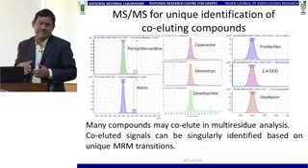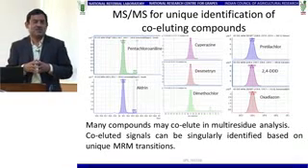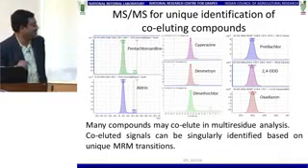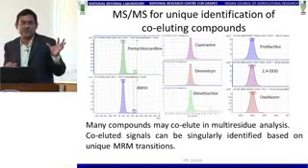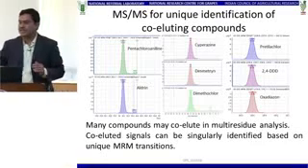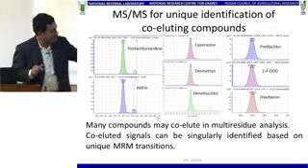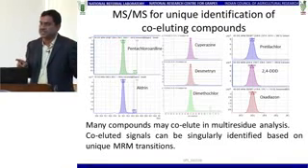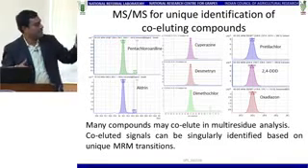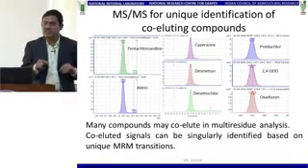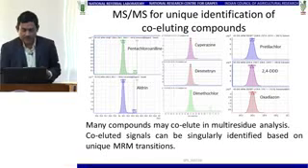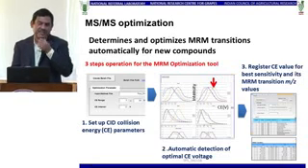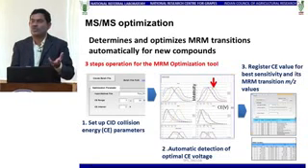So in this MSMS also, initially people thought that it's almost a solution for everything, and it is also, to a large extent. You see that because of the deconvolution possibility, software identifies each compound in a different color, and so multiple compounds are identified based on their unique parent and daughter mass combination. So that's the reason whichever number of chemicals are coeluting, it is possible to quantify them separately. And based on this, there are several software. If you look at any instrument vendor, there are possibilities of automation of